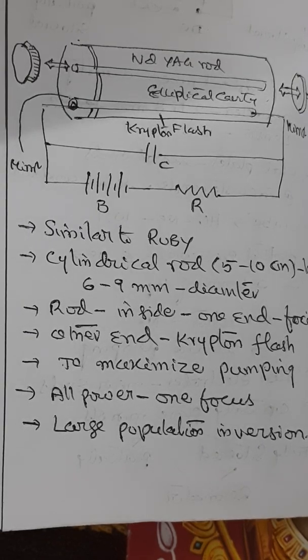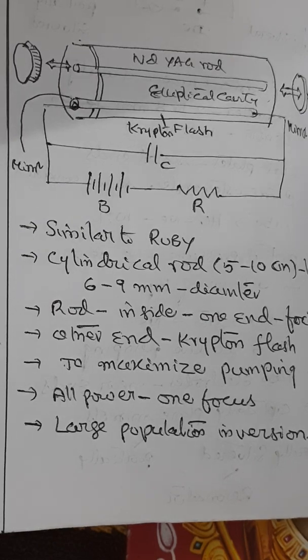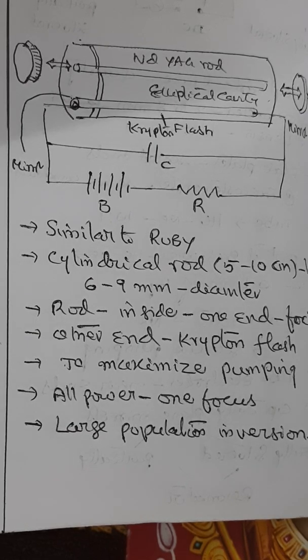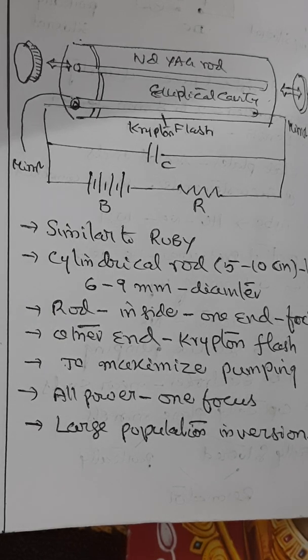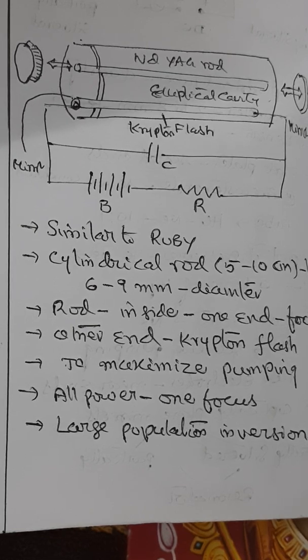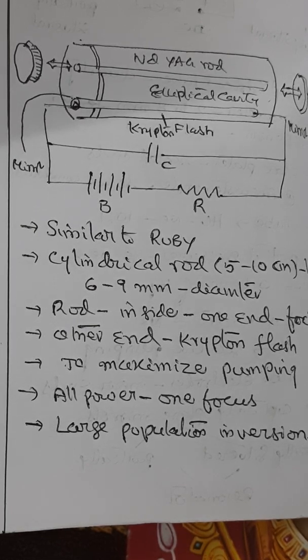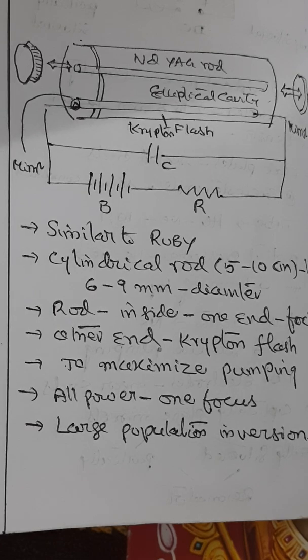Nd:YAG being a pulsed laser, it is typically operated in the so-called Q-switching mode. It's an optical switch that is inserted in the laser cavity, waiting for a maximum population inversion in the neodymium ions before it opens. Then the light wave can run through the cavity, depopulating the excited laser medium at maximum population inversion. So in this Q-switched mode, output powers of approximately 20 megawatts and pulse durations of less than 10 nanoseconds are achieved. Let us come back to the constructional part of it.